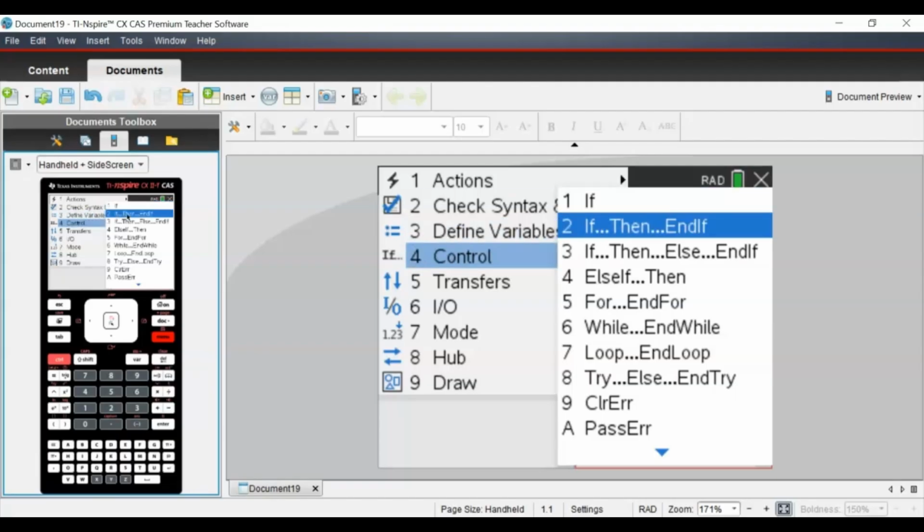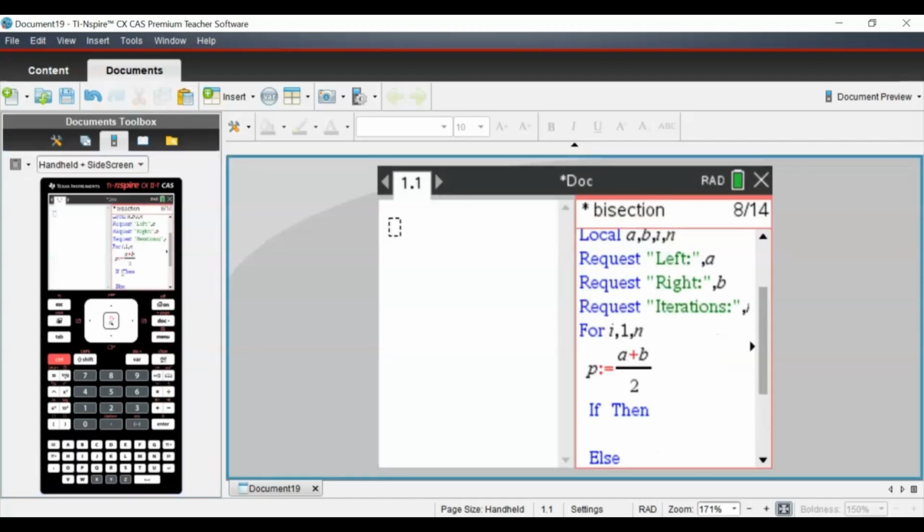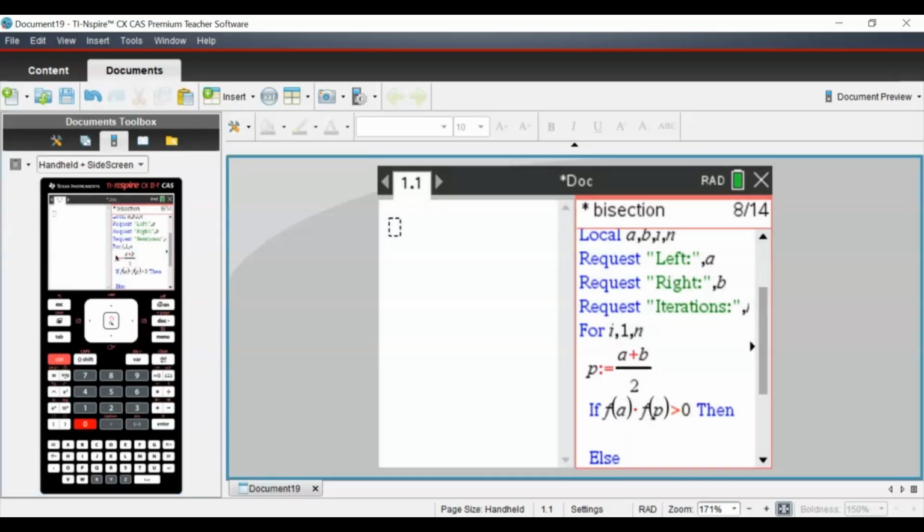So if f of the a value, which is the left end, times f of the midpoint, in this case letter p, is greater than 0, press control, the greater than or equal sign, then